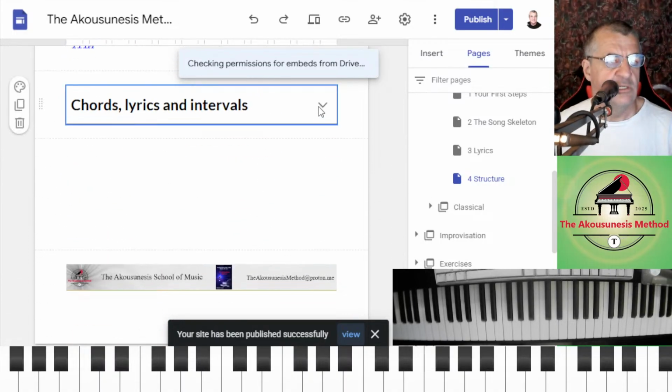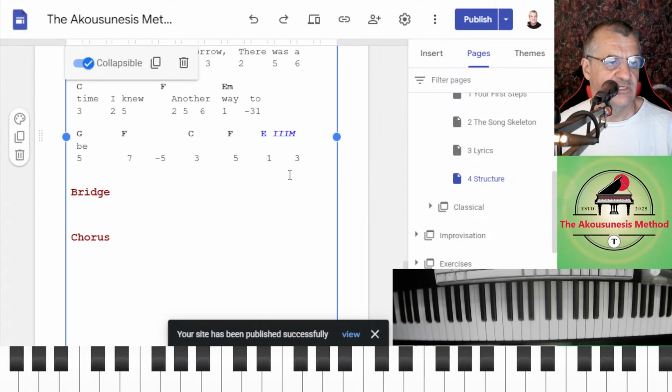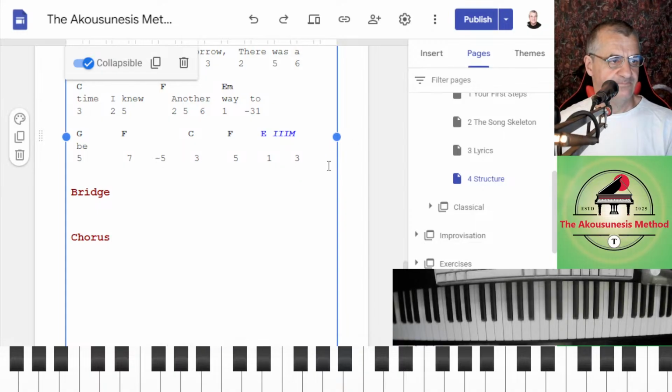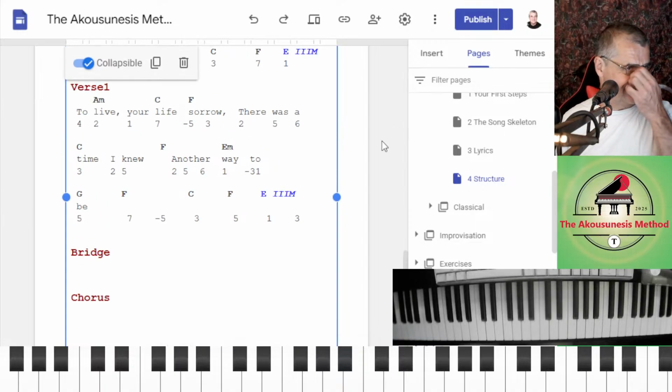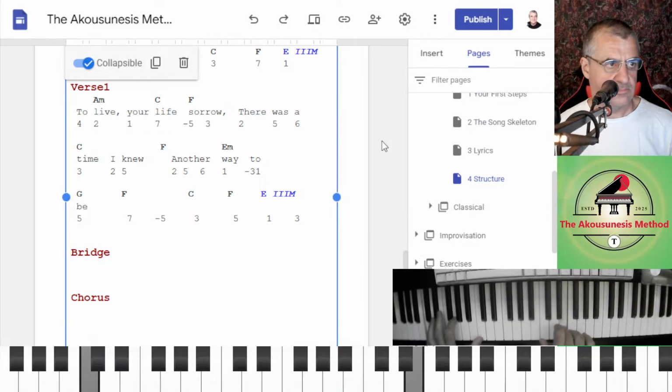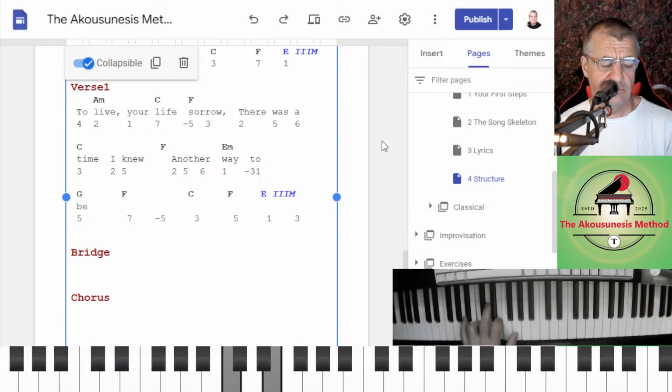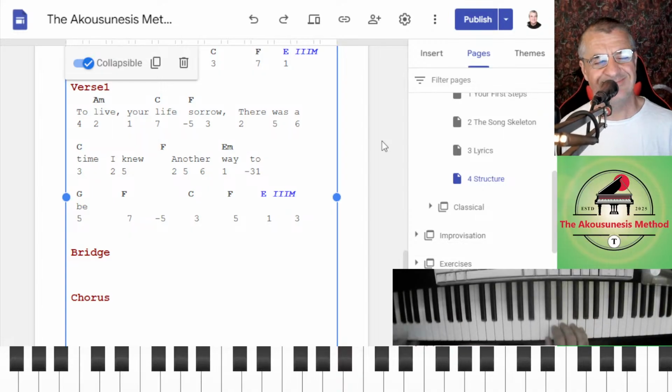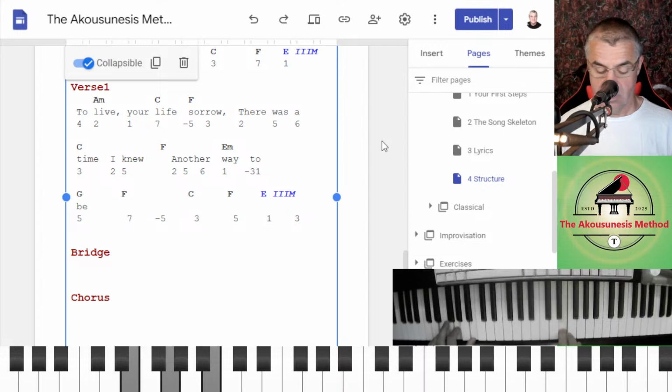Another way. Just open that up. Where are we? Okay. My new another way. G's on the 1.